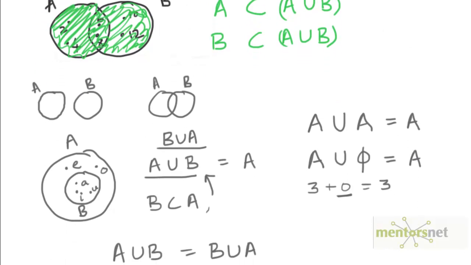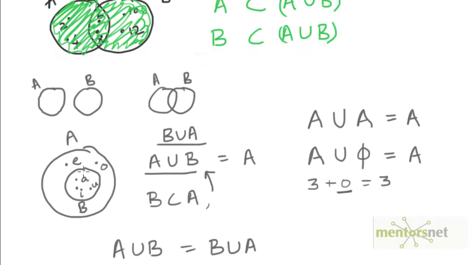Then in the third example, we had B completely contained within the set A. B was a subset of A. So the elements that are common to A and B over here are the elements of the set B. So if we take the intersection of A and B, when B is a subset of A, we get the set B, because the set B has the elements that are contained in B and which are contained in A. So if B is a subset of A, union B is equal to A, but A intersection B is equal